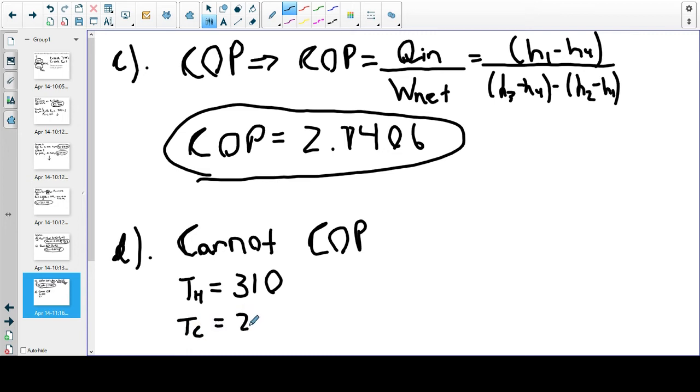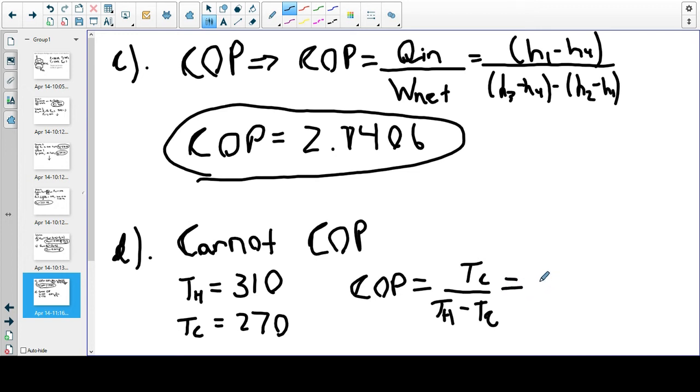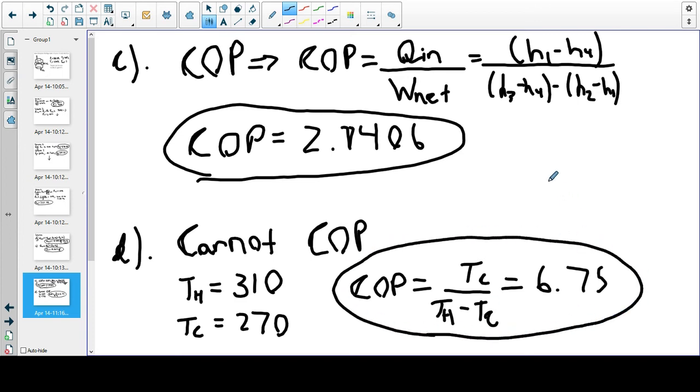And the last part is asking for a Carnot COP, which is the Carnot cycle equivalent operating between these two reservoirs, temperature hot and temperature cold, 310 and 270 respectively. And the COP of a Carnot cycle operating between these reservoirs is TC divided by TH minus TC. And if you input those in there, you get 6.75 as your Carnot COP. And the differences here might make for a good question on an exam. Who knows? It was asked in the homework, but the difference between these two,